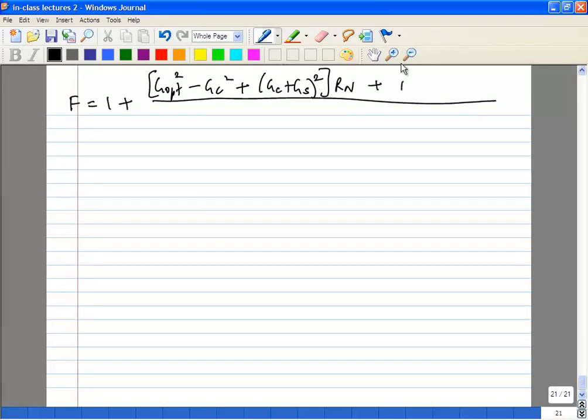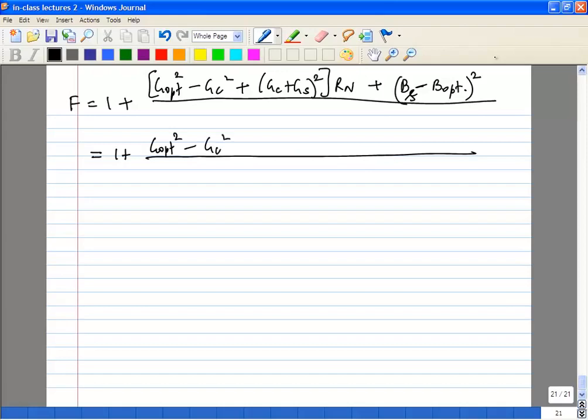Plus, sorry. So G opt squared minus Gc squared plus, let's expand this out, plus Gc squared plus